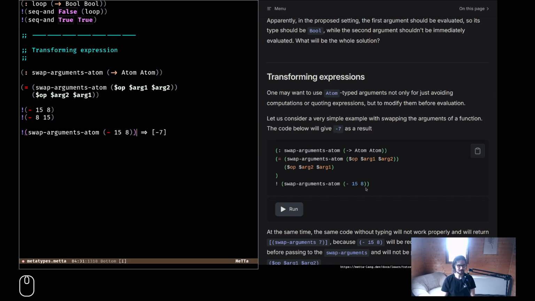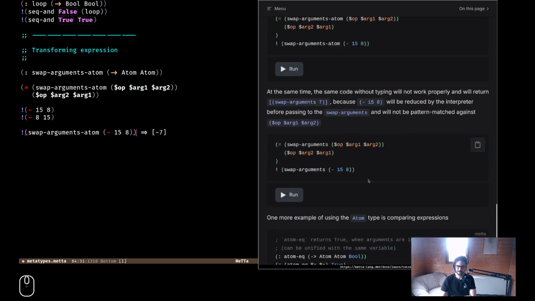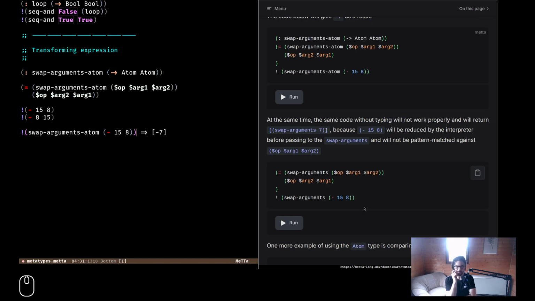So basically we end up evaluating the swapped thing. Also extremely straightforward. Nothing needs to be quoted. It's cool how little you do there.